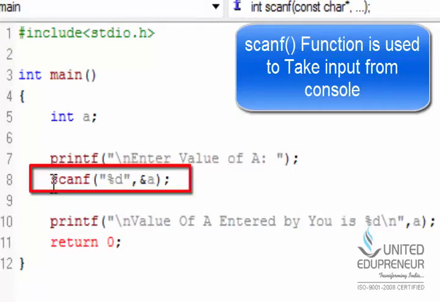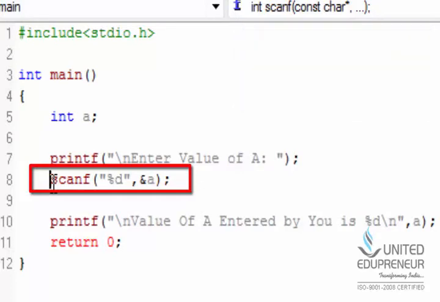The scanf function is used to take input from the console. The scanf function takes input of a particular type and stores that input or value into a particular variable's memory.